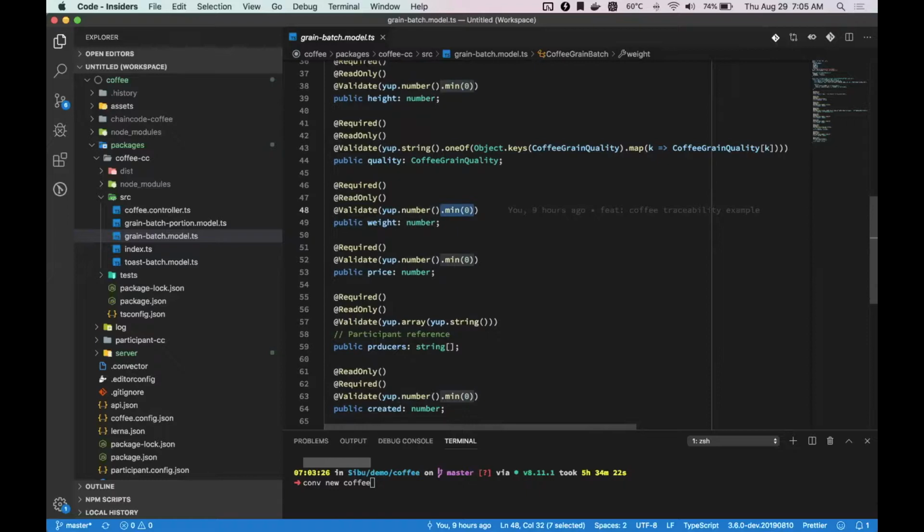write any kind of validations. You can check, for example, an email,